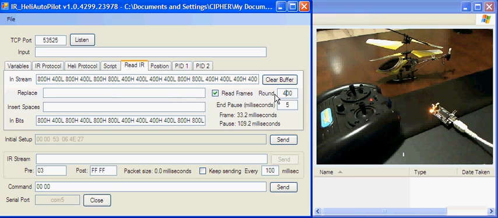So what we have done is called finding the pulse. We already know our pulses. We have short pulses of around 400, long pulses of approximately 800 microseconds, and we have high pulses and low pulses. You see, if I change the throttle, you can see how those pulses change, and we can use this to